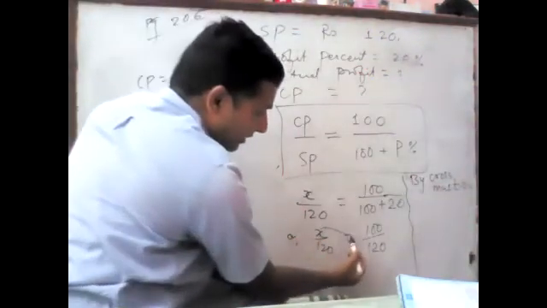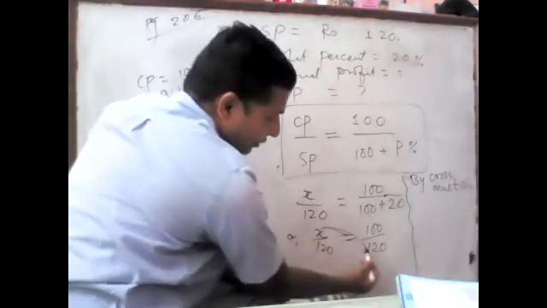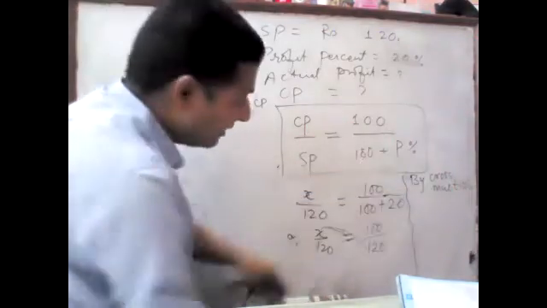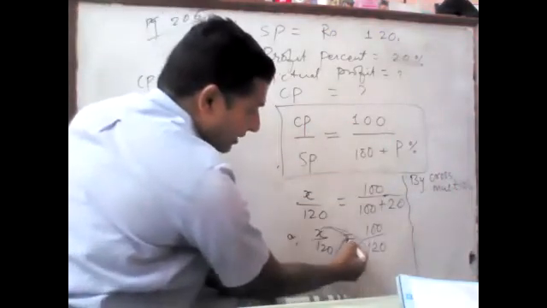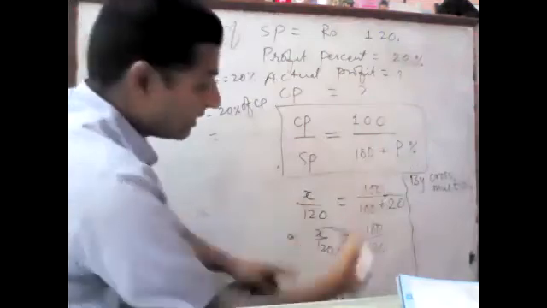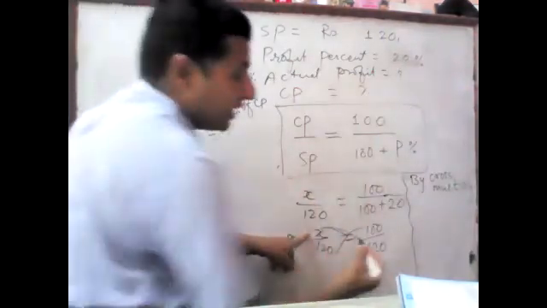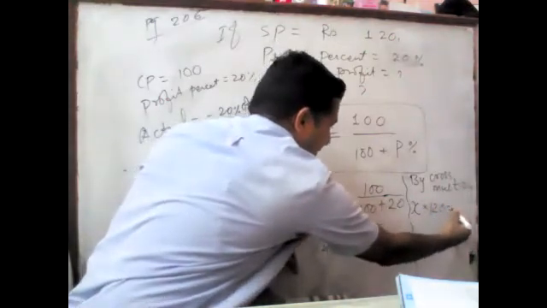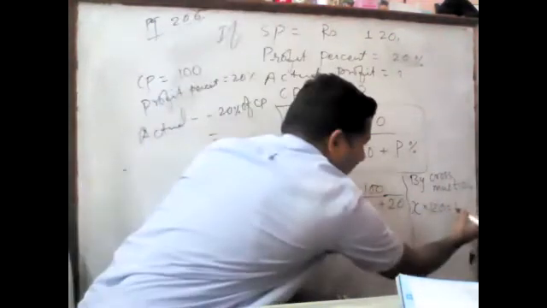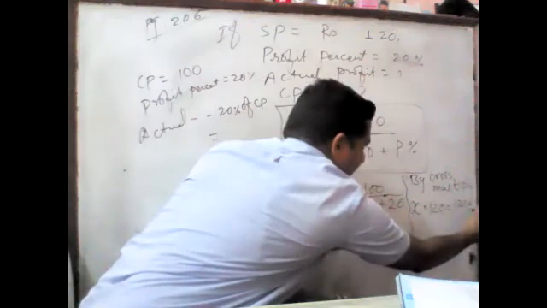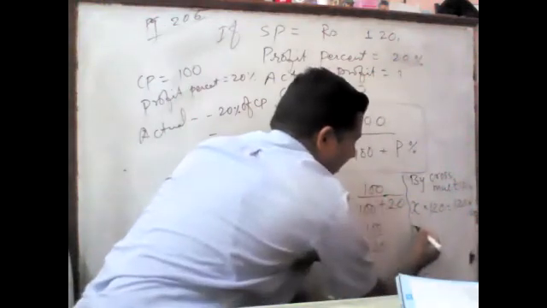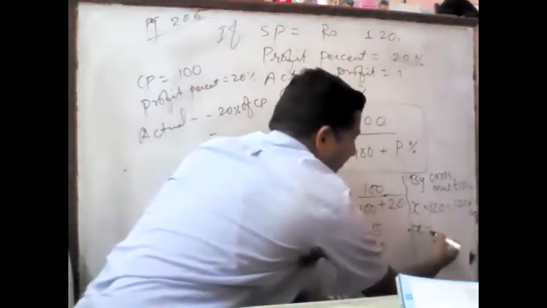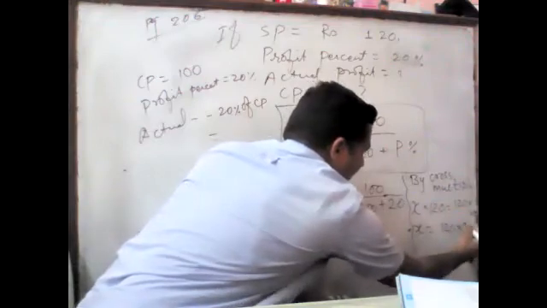X multiplies with, here is equal to sign, na, with another denominator of another side, and this denominator multiplies with numerator of the another side, and equal to is written at the middle, so that X multiply 120 equal to 120 into 100. So that X equal to 120 into 100